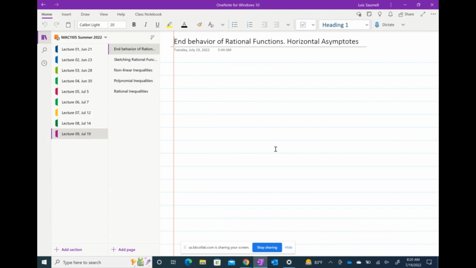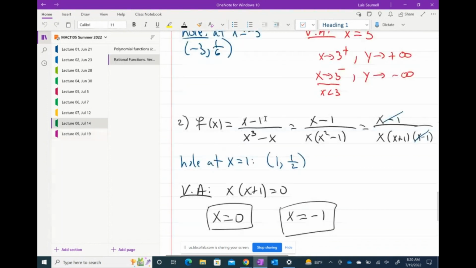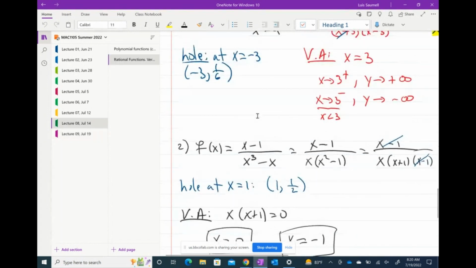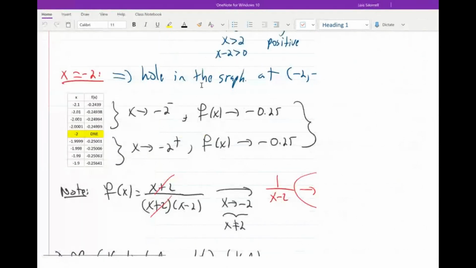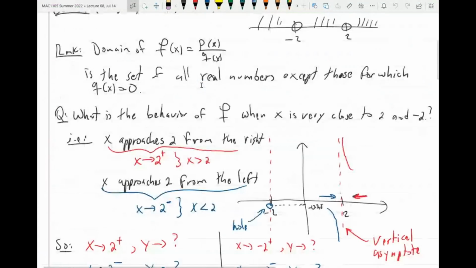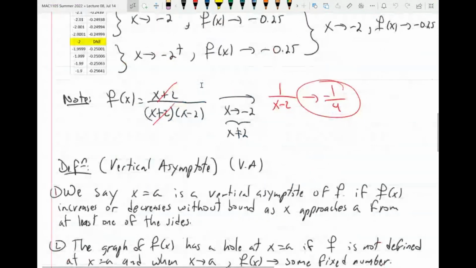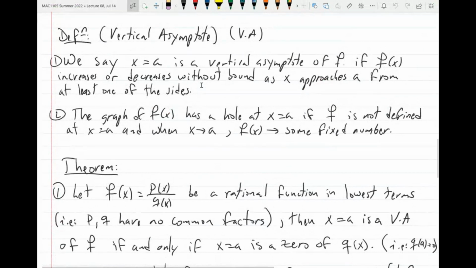No? Okay, so last time we were talking about rational functions. So let's finish that discussion today. And what we discussed was this special property that rational functions have, which we call vertical asymptotes. Let me show you the theorem. So remember, the vertical asymptote is a line,